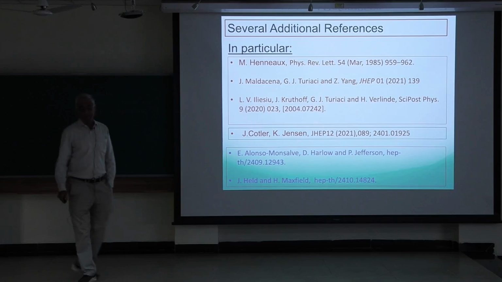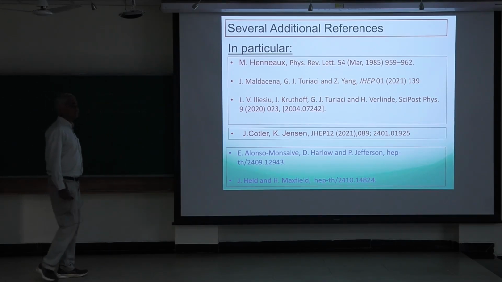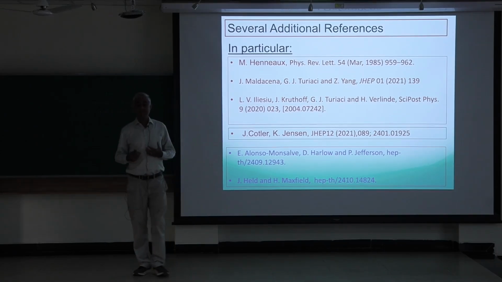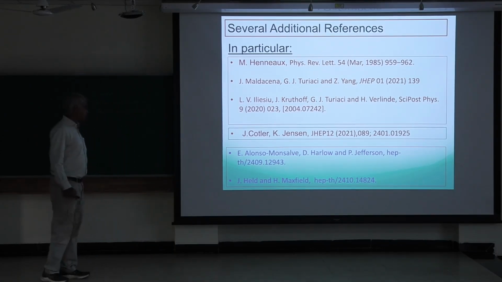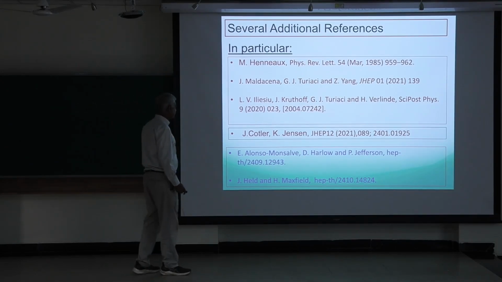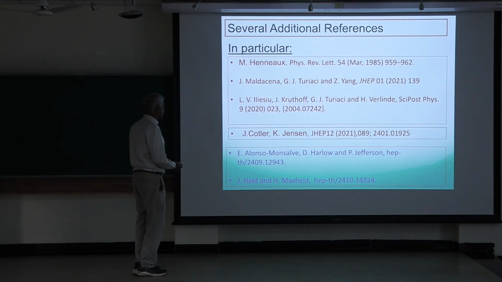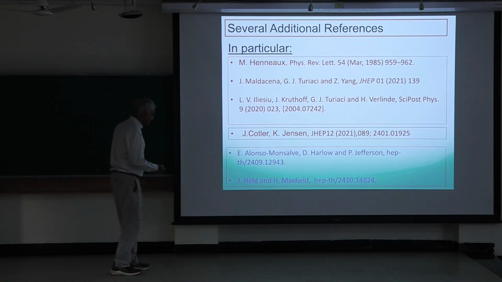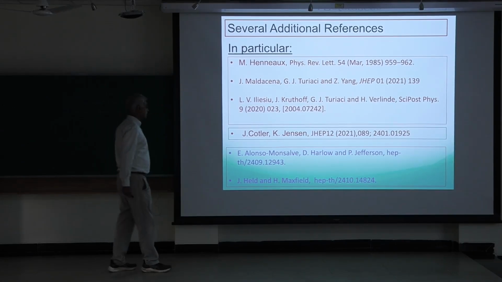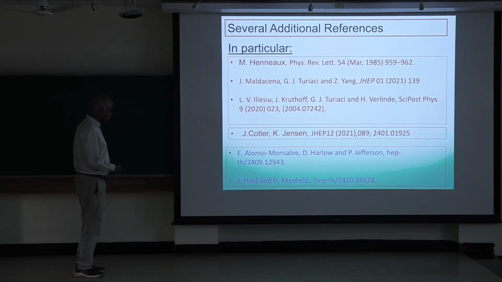There's also an important paper of Kotler and Jensen, who look at the problem more from the path integral formulation. What we will do today is study the system in canonical quantization, and of course, as you know, there is an important tie-in between the 2. Some of that will come out. I will use aspects from path integral quantization going back to these earlier papers in the talk as well. But anyway, this is an important set of papers as a kind of complement to what I'll discuss.